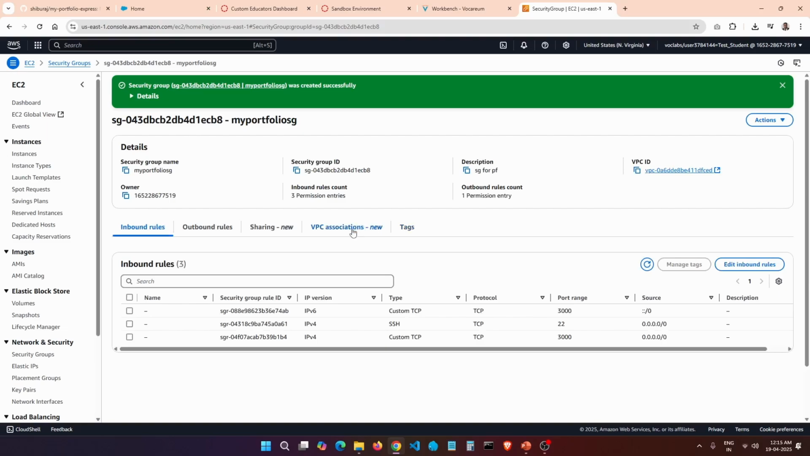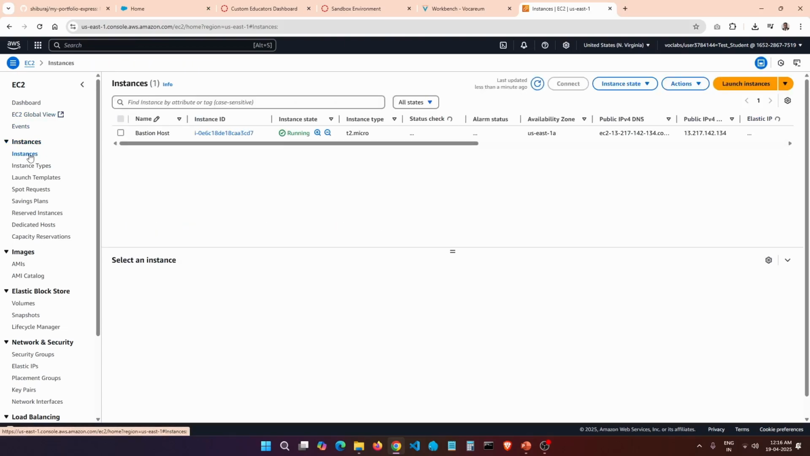Now we have done two steps. The first step was to create a key pair. The second step was to create a security group. So both these things are done. Now let's move on to our main task, that is to create an instance. So let's go to instances, and you can see right now there is one instance running. This is how it looks, but we will be creating a brand new instance. Okay, so let's click on launch instance,